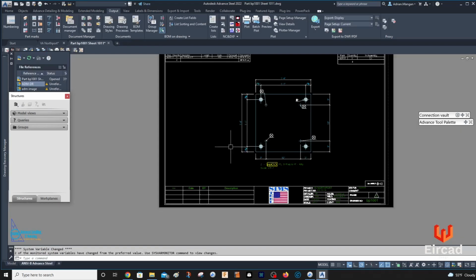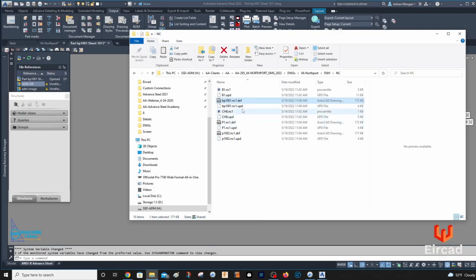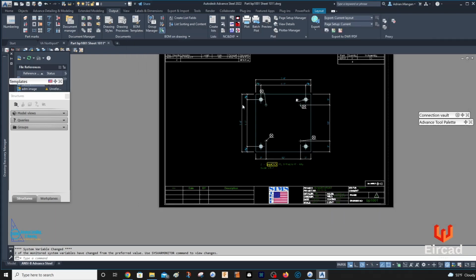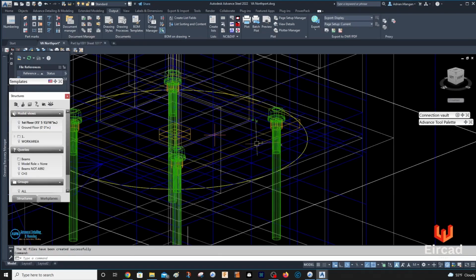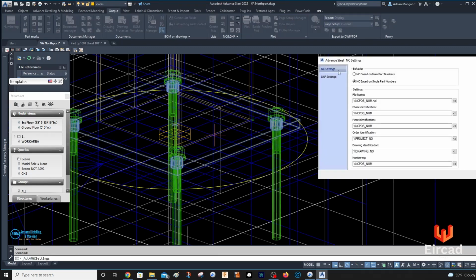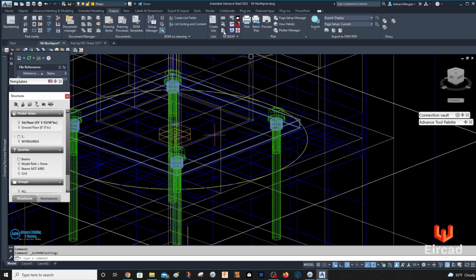I'm not going to save it. I'm going to go back in here. I'm going to delete it, right? So let's delete it. And let's come back in here to the model and let's select the plate and let's go to the settings and do based on main parts. Okay. And then,